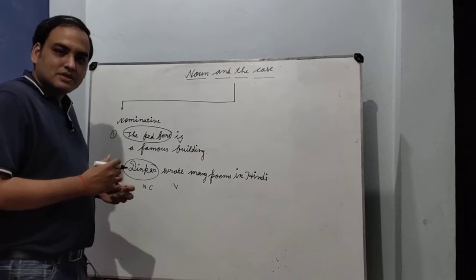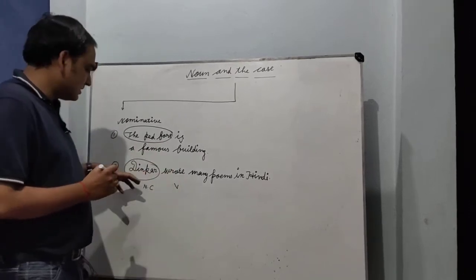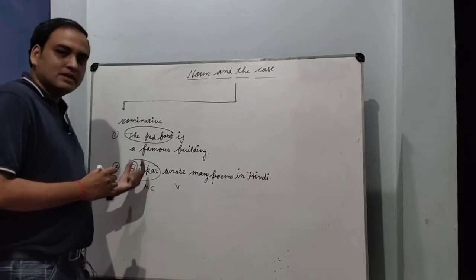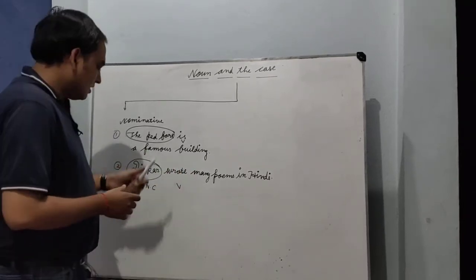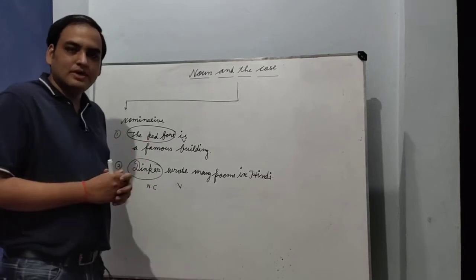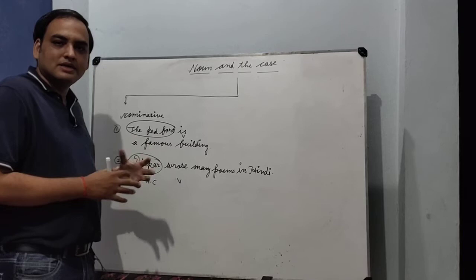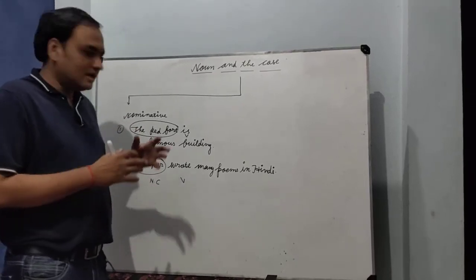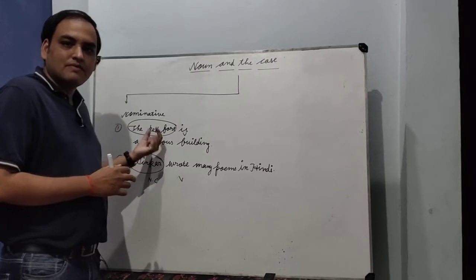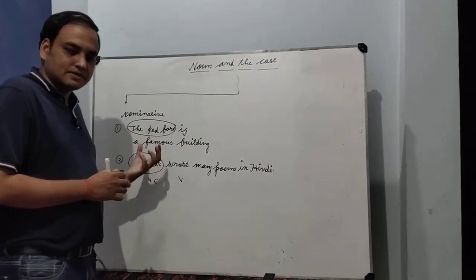So there was a person who wrote something in Hindi language, who is Dinkar, and Dinkar is a nominative case in this situation. Okay, so we have understood here what is the nominative case. Nominative case basically is a noun or any pronoun that is used at the place of subject, at the beginning of the statement.